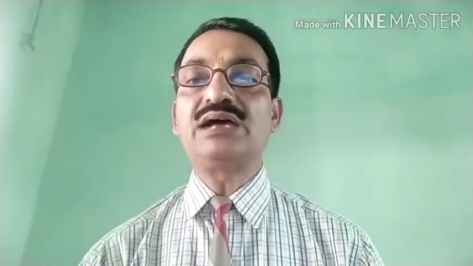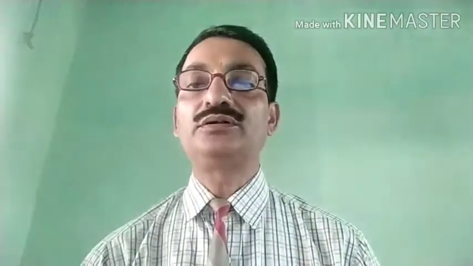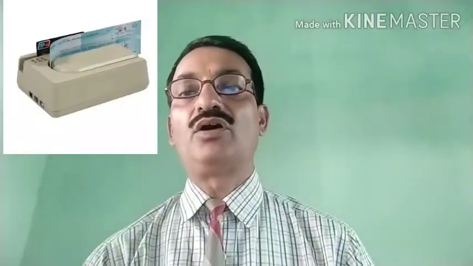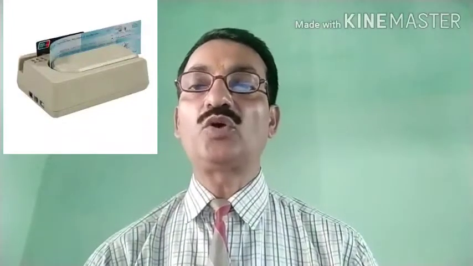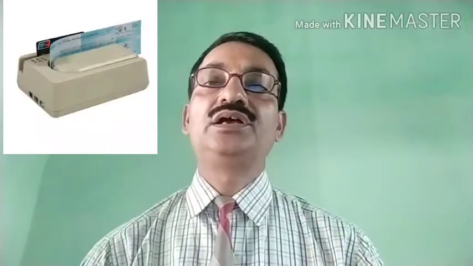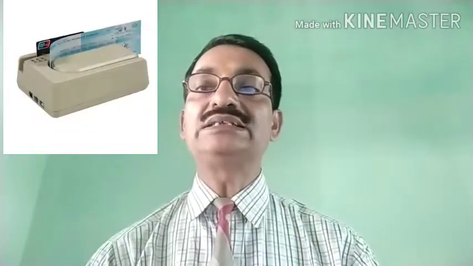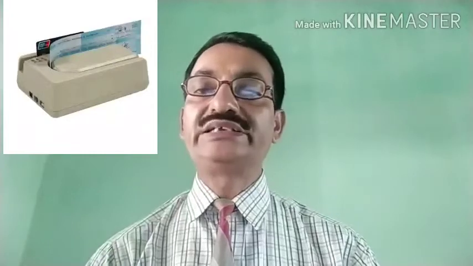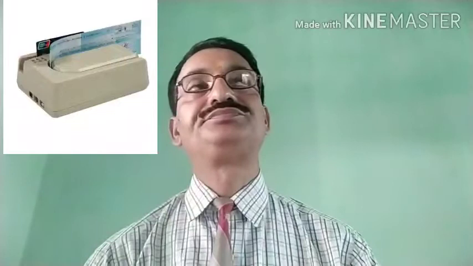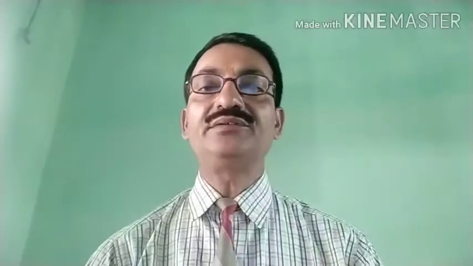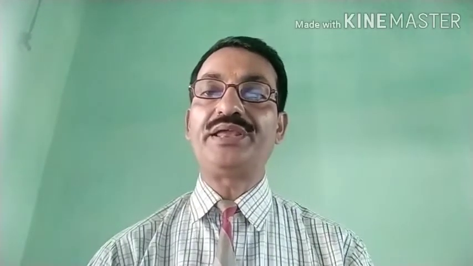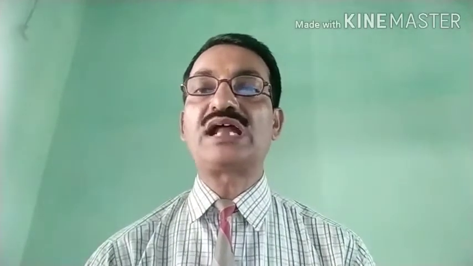Next input device is MICR, that stands for magnetic ink character reader or recognition. Magnetic ink character recognition is the full form of MICR. And this is the input device generally used in banks for easily processing checks and drafts by reading their index number. You will see the index number simply present at the bottom of the check or draft.